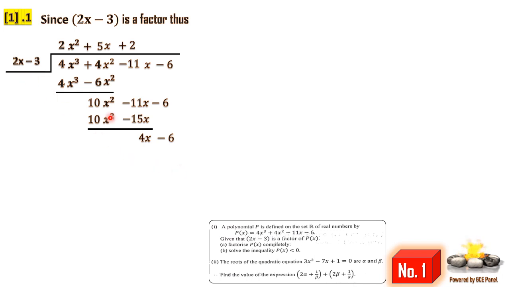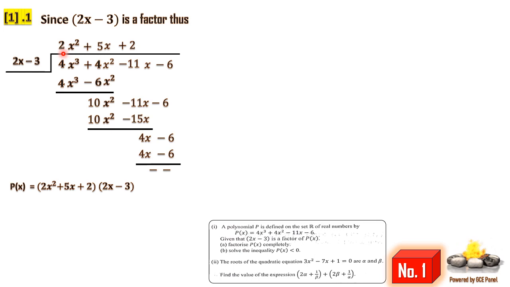Now the degree of what is left, this remainder, and that of the divisor are the same, so we can still divide. So 4x divided by 2x gives us plus 2. Plus 2 times 2x is 4x, and plus 2 times negative 3 is negative 6. When we subtract now, the remainder is 0. Of course, we already knew the remainder was going to be 0 because we were told 2x minus 3 was a factor. Therefore, our P of x can now be